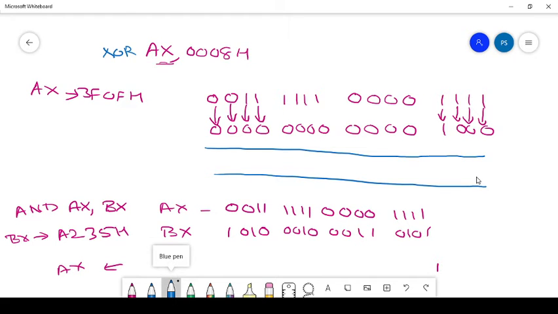So 1 0 1 1 0 1 1 0 1 1 1 0 0 0 0 0 1 1 1 1 1 0 1 1 0 0. So this will be the answer, that is 3F07. This will be moved to the AX after execution of this instruction. In a similar way, if you have XOR